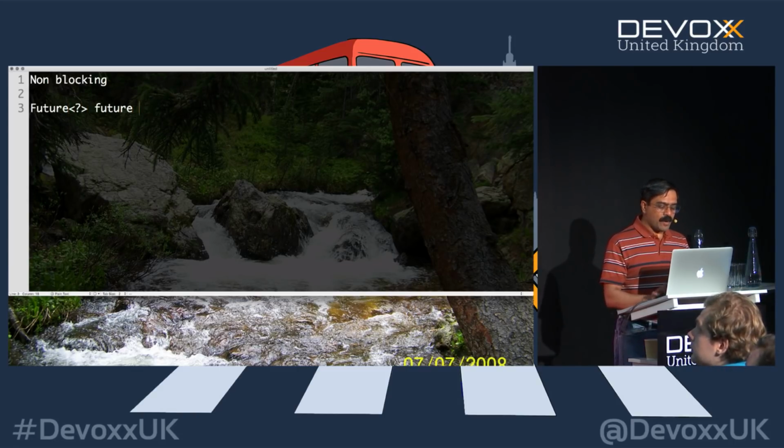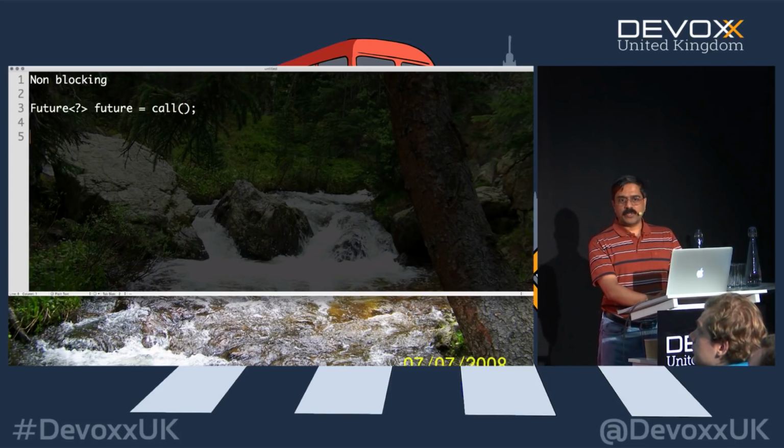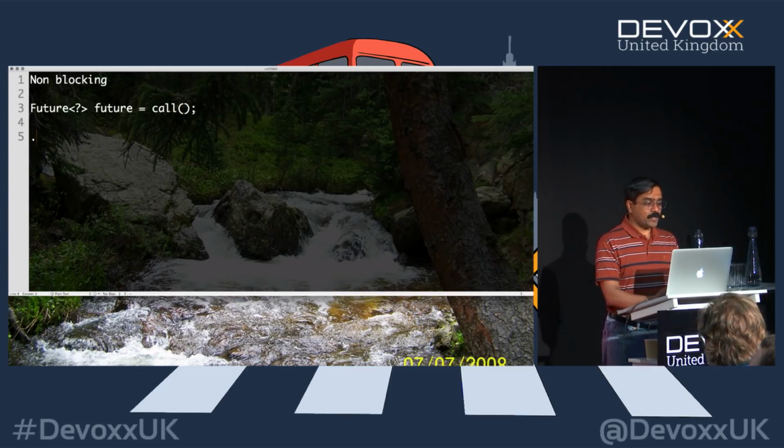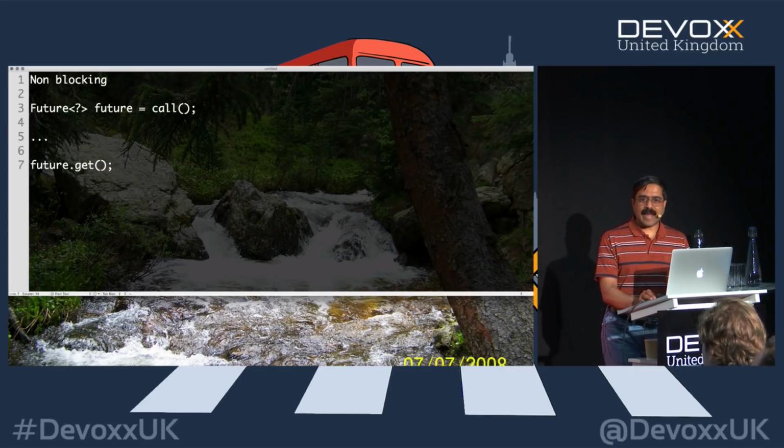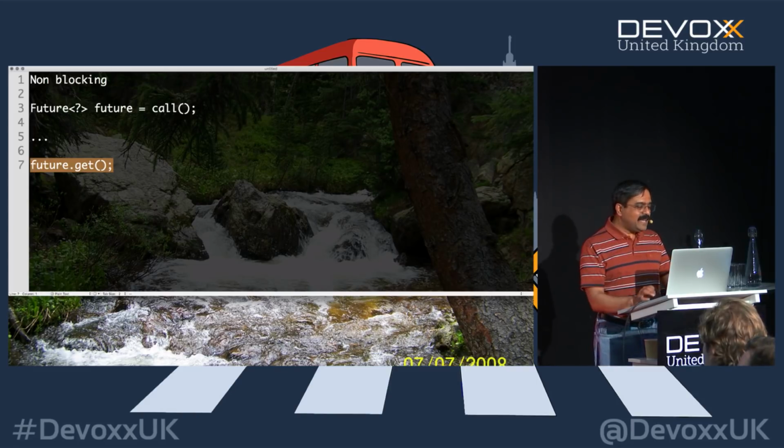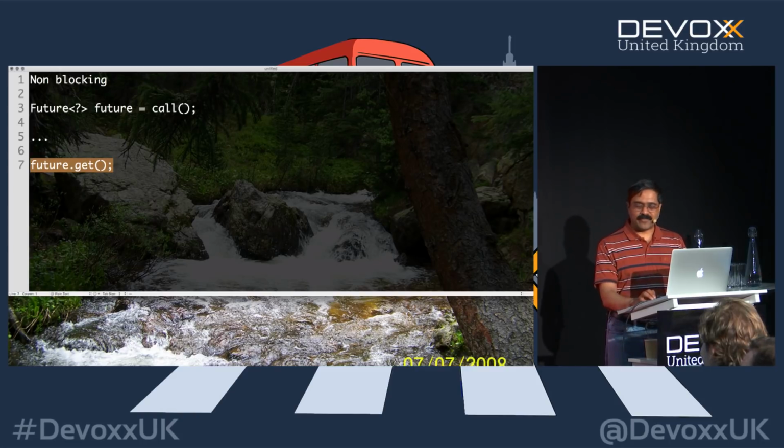So I have a future object on my hand after I made the call to this method. Now what am I going to do as soon as I get the future? I could do other things, which is a good thing. But when I want the result, I'm going to say future.get. And what happens when you call future.get? You get stuck. That is no future at all, isn't it? So that is a very bleak future, in fact. We don't want that kind of future. So that doesn't work really well.